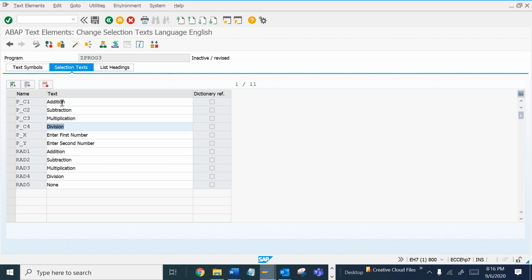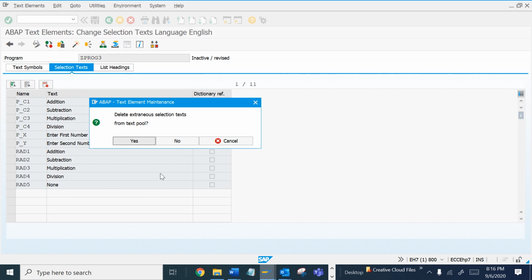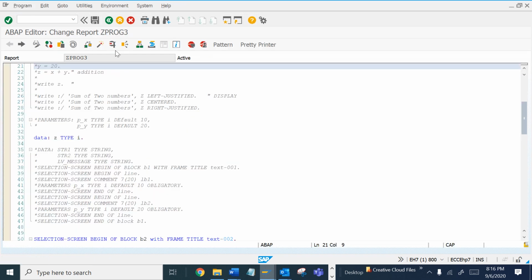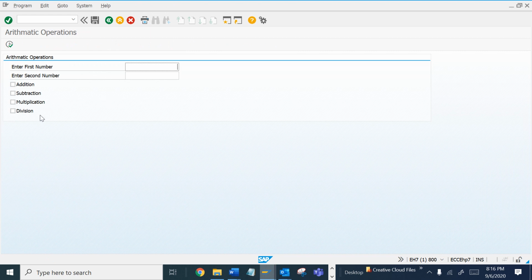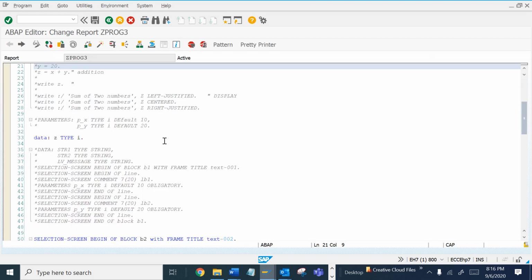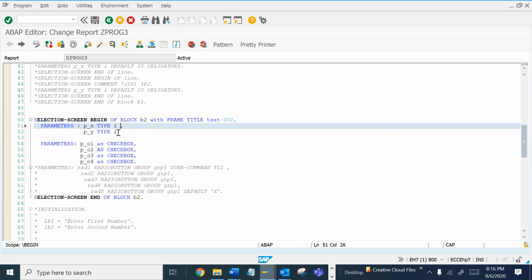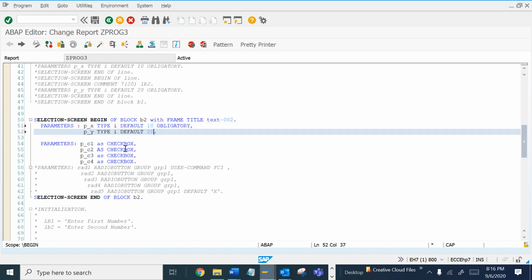I don't want to use them, I would delete them. I also want to make the default value of the first as 10 and obligatory, and the second 20, also obligatory.